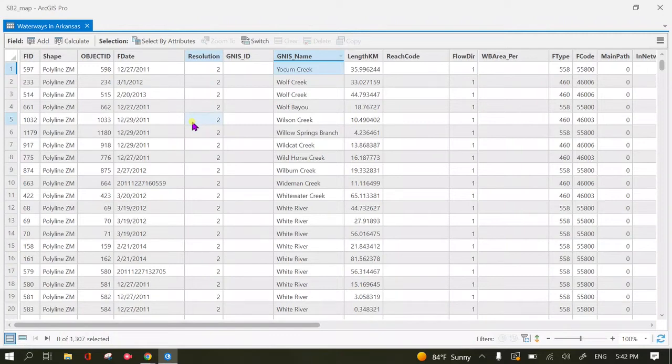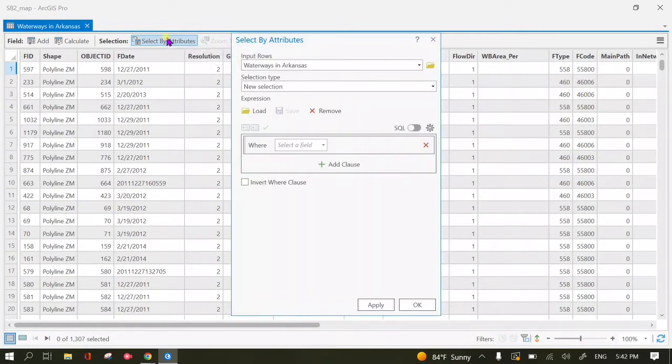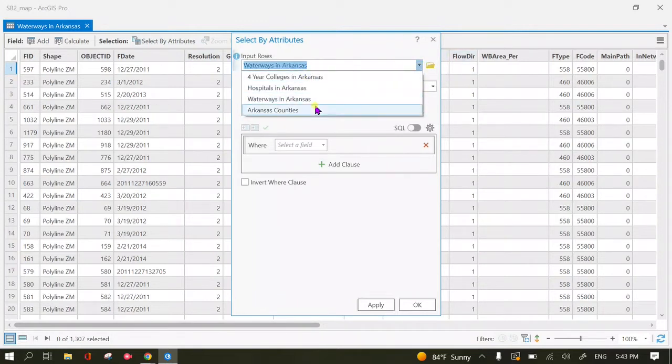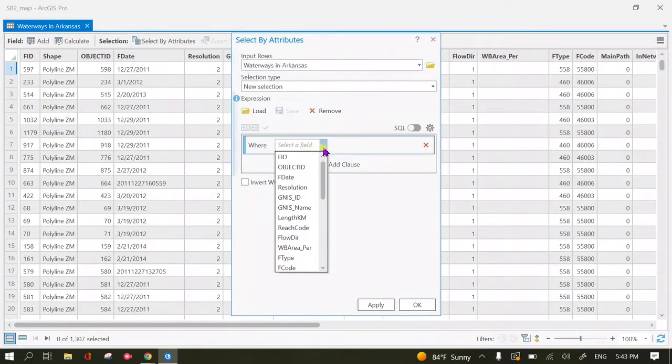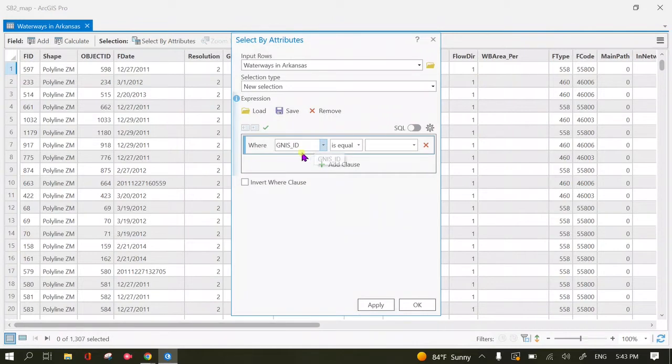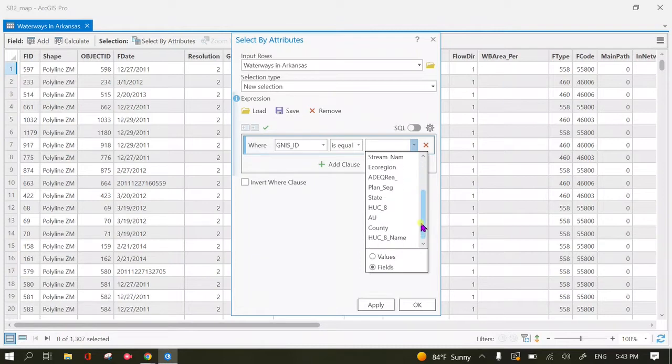There's another way to view the domain values in the attribute table for each field, and that is by using the Select by Attributes tool, which is up here in the top of this attribute table bar. So you can click on Select by Attributes, and our input row is going to be whatever layer we're interested in. We're going to leave it on the waterways in Arkansas. And then go down here to the drop-down menu beside where, and you can select your field name. So we want to maybe look at the GIS ID again, and you can leave this middle box empty for now and click on this other drop-down, and